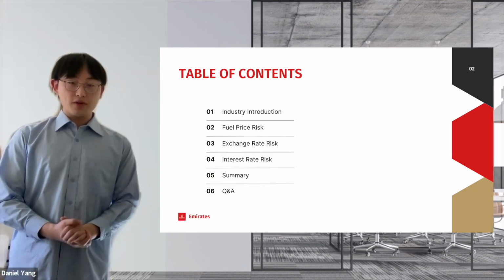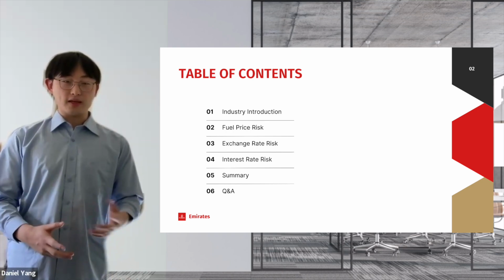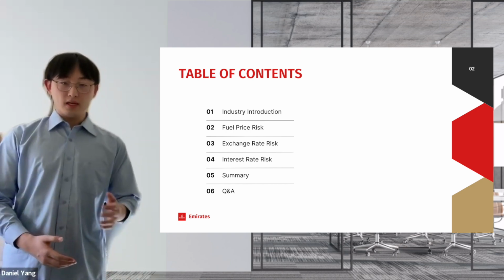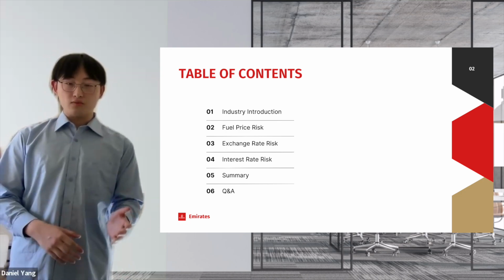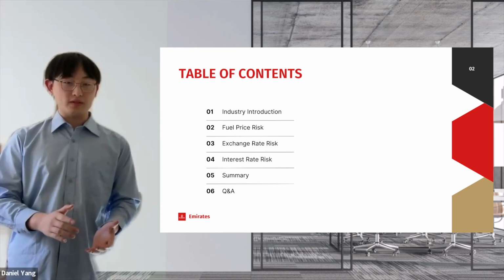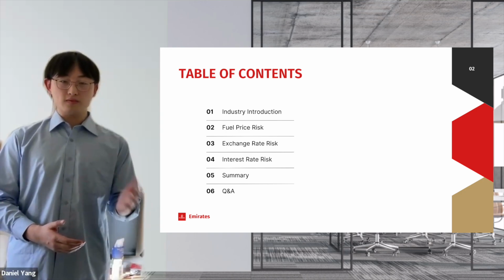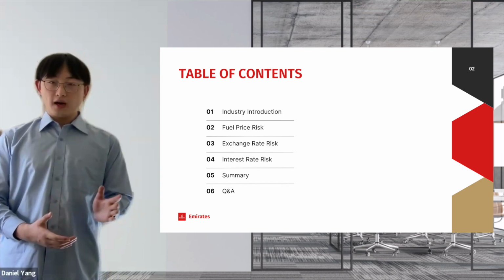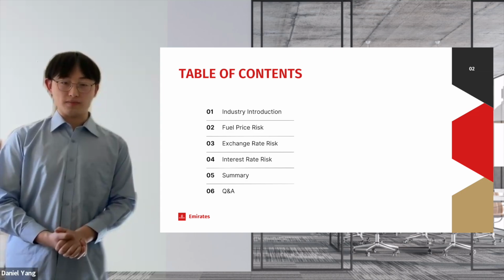Now, to give you guys a brief overview of what's going to happen, firstly, I'm going to introduce derivatives and the airline industry. From here, Lena will then talk us through the use of derivatives for jet fuel hedging. After this, Robin will explain to us the use of derivatives in terms of currency risk. Following this, Winter will then go through the use of derivatives for interest rates. Finally, Ken will summarize our presentation before leading us into a Q&A session.